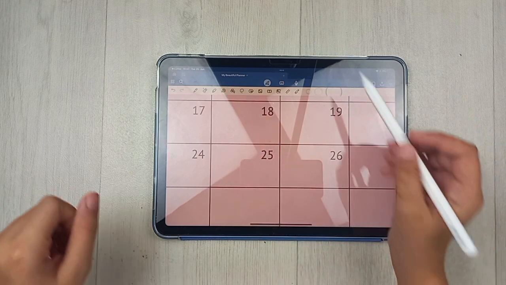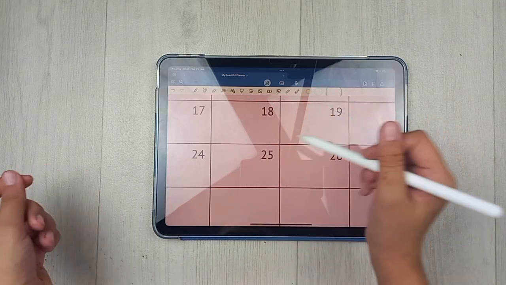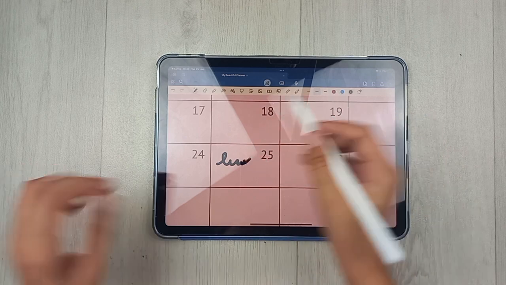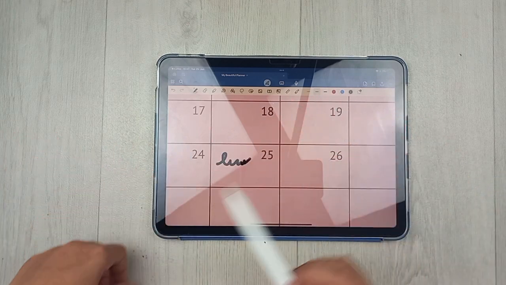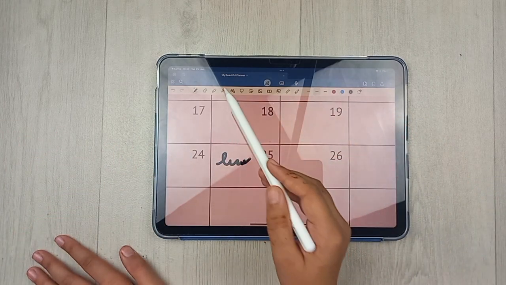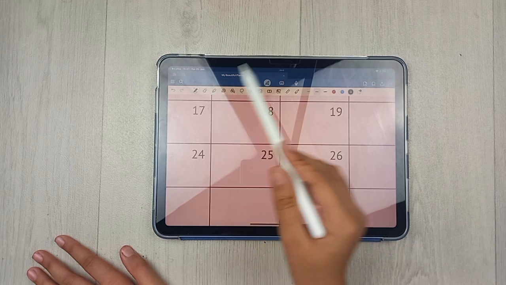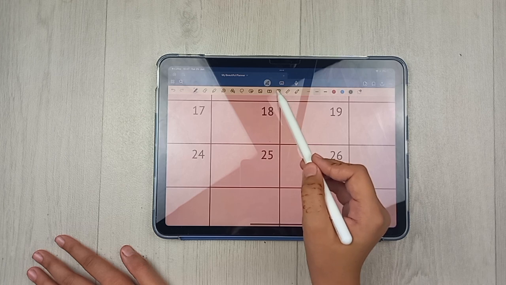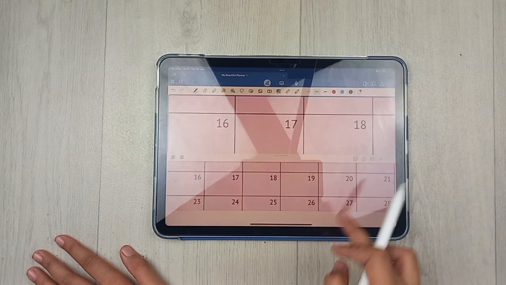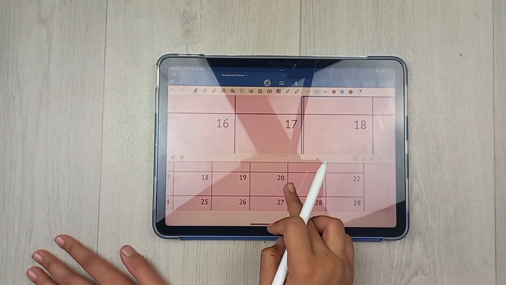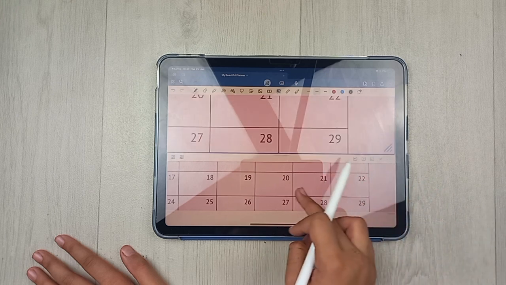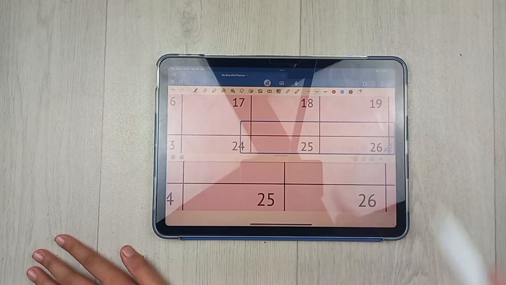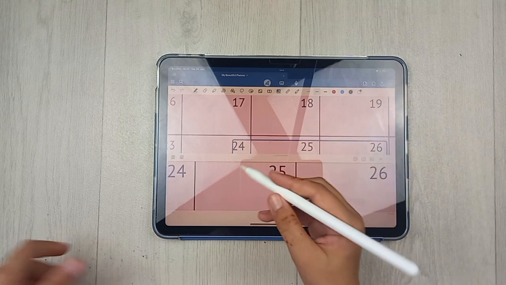And there's one more trick. Sometimes there is a big problem with our writing. Like if your writing is really beautiful but you still can't write on an iPad, this is the trick for those people. Go to this option right here. It will come next to this T option, and then you can write wherever you like. Whichever date you want, like I want 25, so I have 25 right here, and I will write